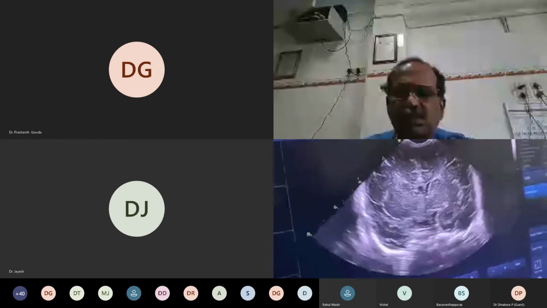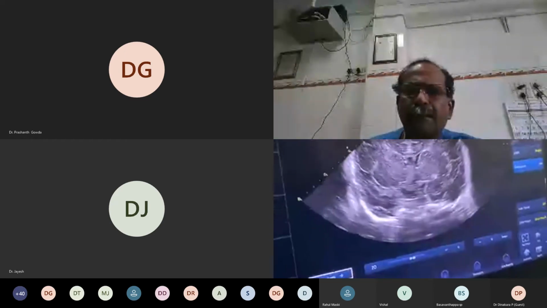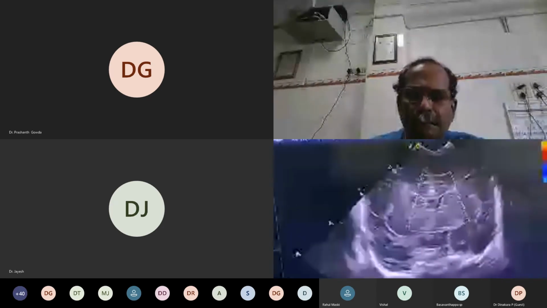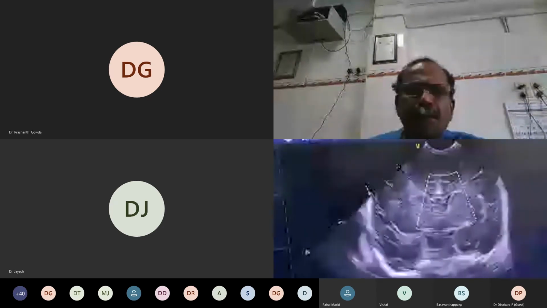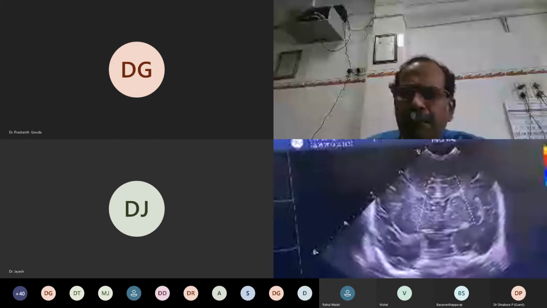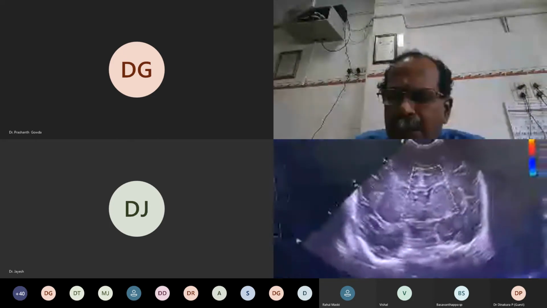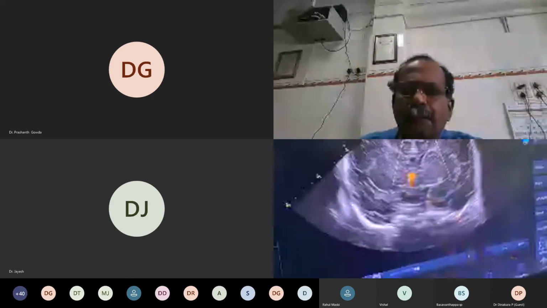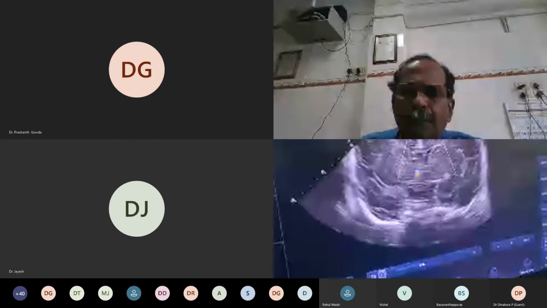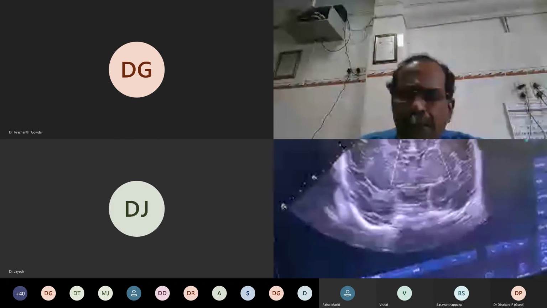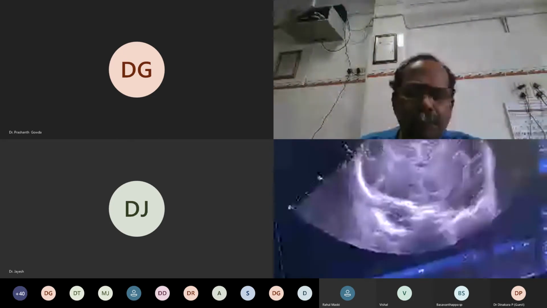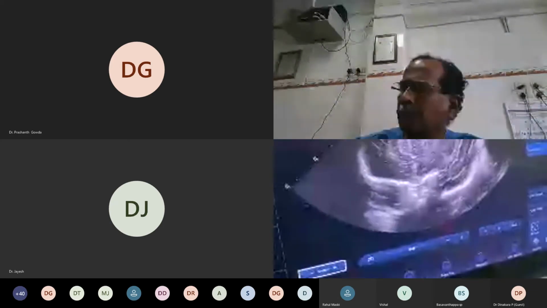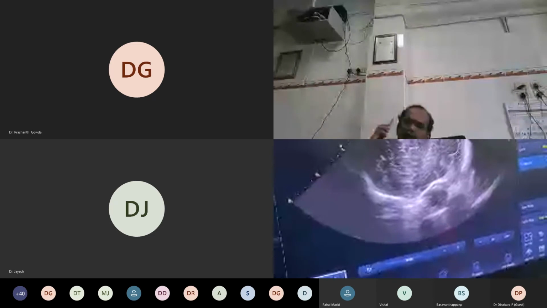One second. So put color Doppler, and you see there is no color here. Suppose if there is any vein of Galen malformation, when you are trying to take certain sections, you may go posteriorly. There you get confused with that. Especially here also below you can get confused. Suppose if you are confused, put a color Doppler and see. So the first section we have taken now. This is your first section, orbital ridge.